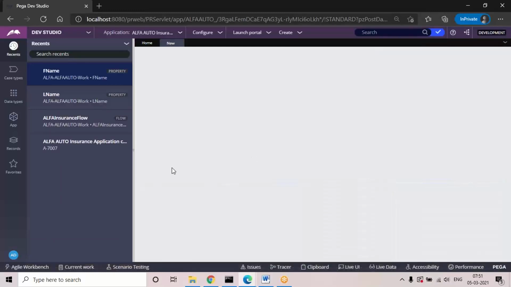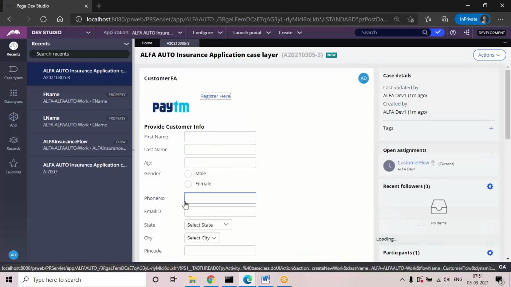So if I run now, I'll not be getting the username property here. I cannot see the username property. Those changes are reflected for that operator, but not for the other developers working in the same team.